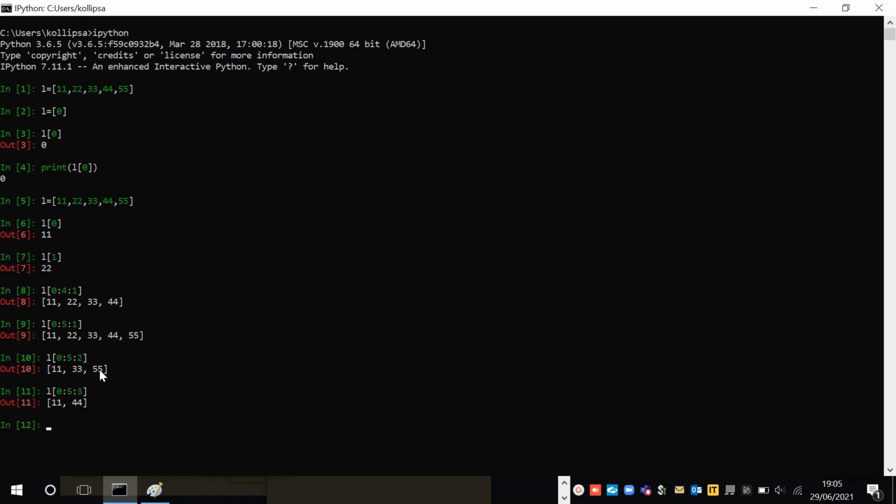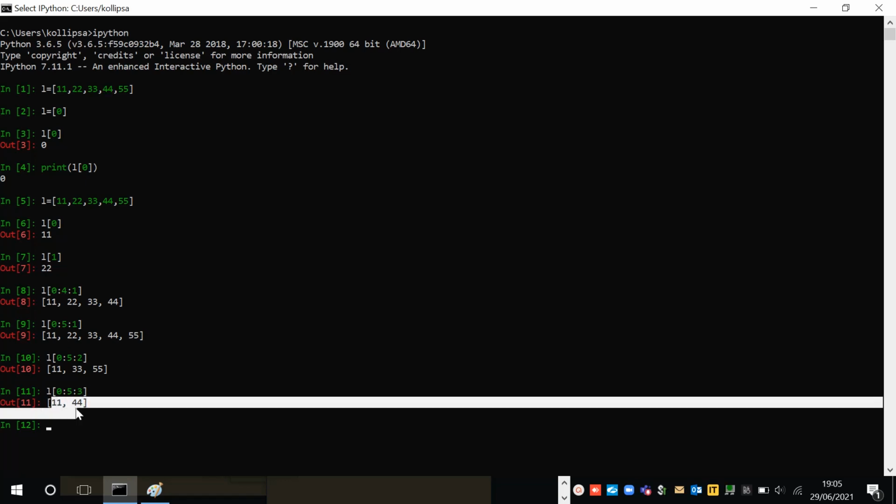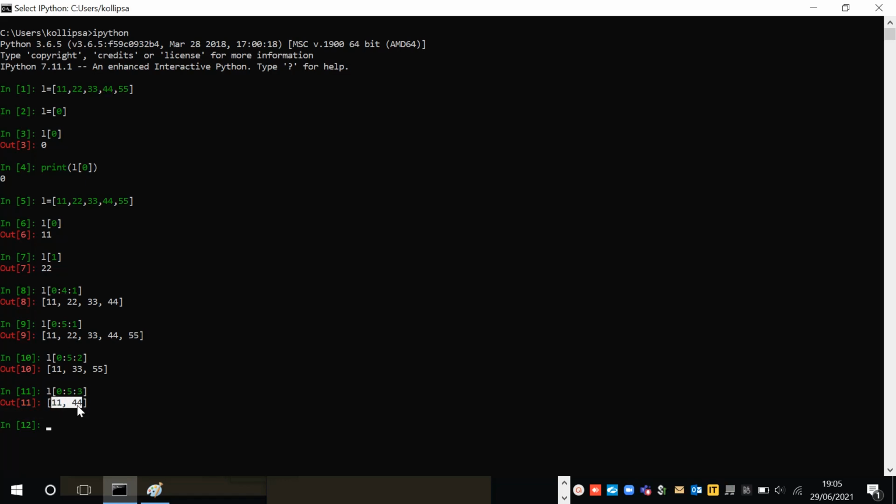So let's say I'm giving 3. See, since it is 3, it will print 11, skip 2 elements, and then try to print the next one. After that, it doesn't have any elements, right? So that's why it is trying to print only 2. So I hope, guys, this is clear for everyone. And guys, let's say you might have one doubt.